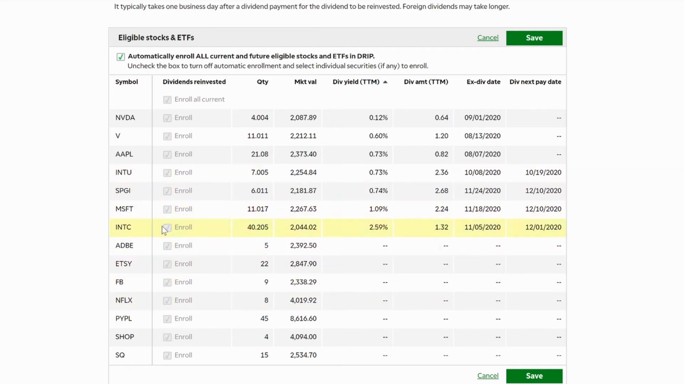But let's look at Intel, because Intel is my biggest dividend stock, 2.59%, and I got 40 shares. And then you can see what I get right over here. So every single time I get paid, it goes right back into Intel. That's why I have 40.205 shares. Microsoft, I have 11.017 shares. These are all of the dividend reinvestments going to work, all of these decimals. So over the quarters and over the years, I'll be getting shares for doing nothing, for just my dividends going